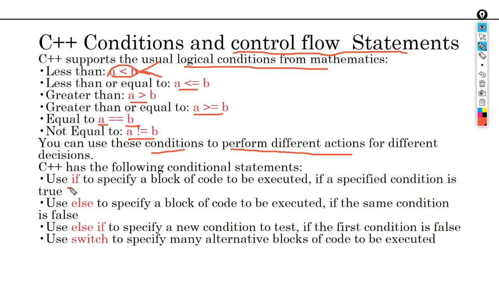Here you can see the if statement. It is used to specify a block of code to be executed if the specified condition is true. If the condition which is given inside the if is evaluated to true, then the statements inside the if will be executed, or else they won't be executed. That is, the compiler will come out of the if if the condition is evaluated to false. Here the other is the else part. If the condition is false, then the compiler jumps to the else part and it will execute the block of code inside the else.